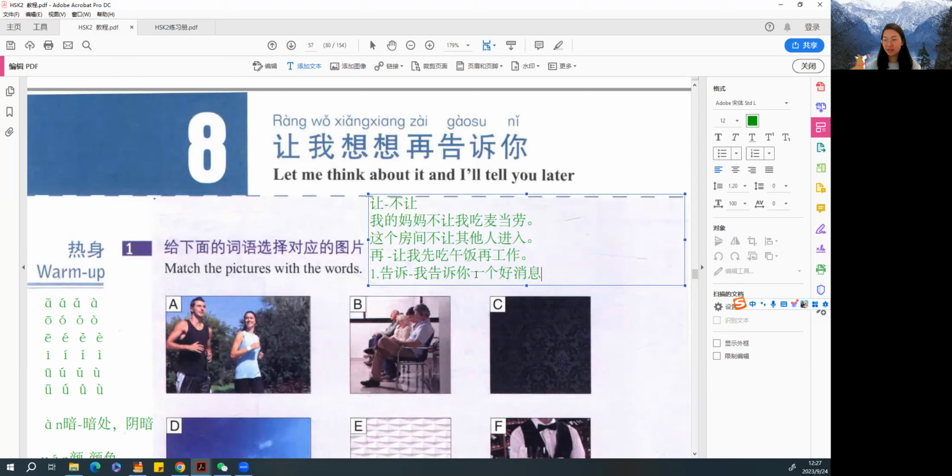But in Chinese, good news can be 1, 2, 3, 4, 5. If there is one good news, then we use 一个. The measure word is 个. And then the second is speak, 说. Here it is actually speak, as we use in English. So I speak Chinese, 我说汉语. I speak English, 我说英语. We will not use tell. I tell in Chinese, right? There's no such use. So here we use 说